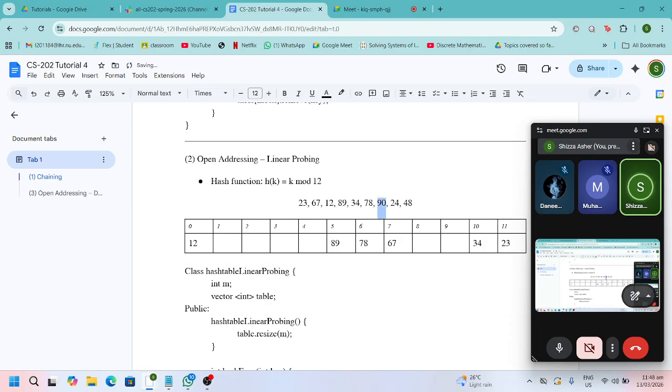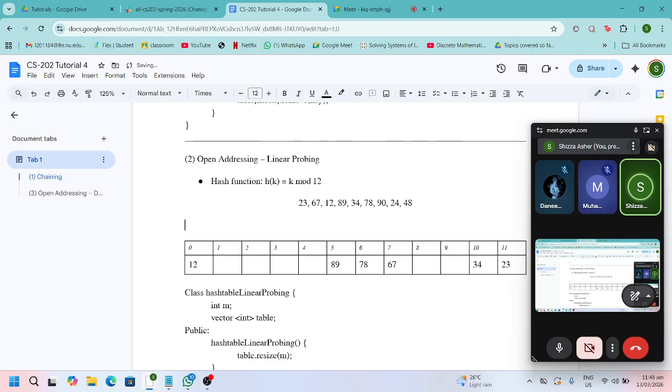Then you have 90. 90 mod 12 is. Can someone tell me what 90 mod 12 is? Come on, people. Here you have a problem, because 90 mod 12 actually comes out to be